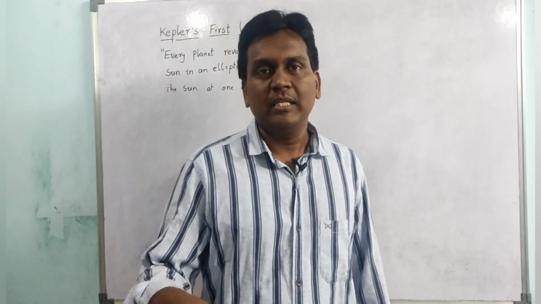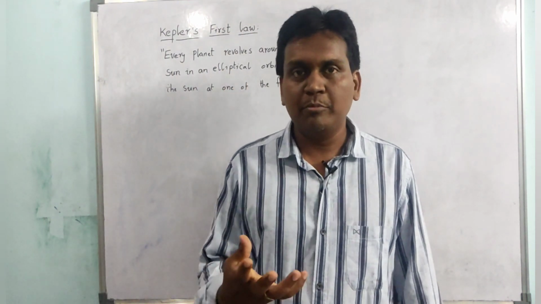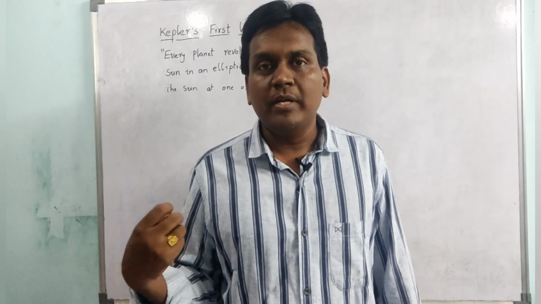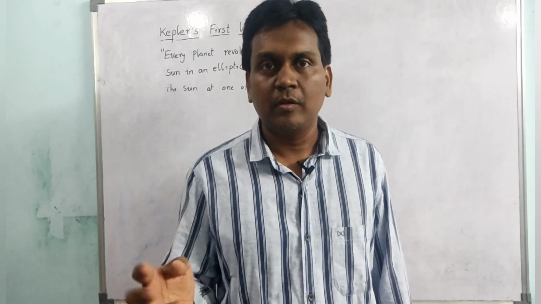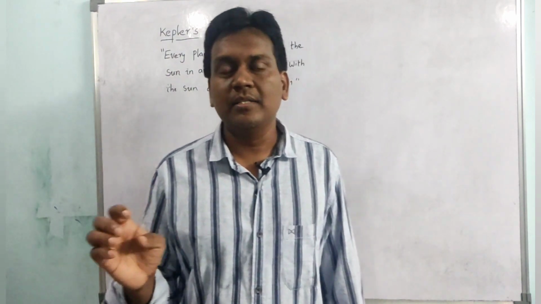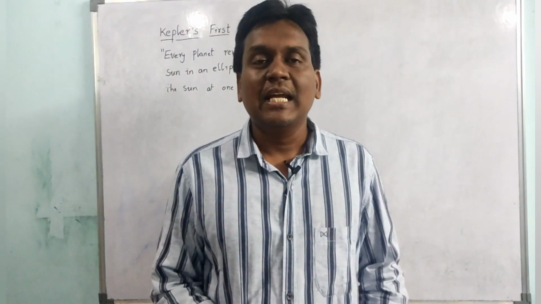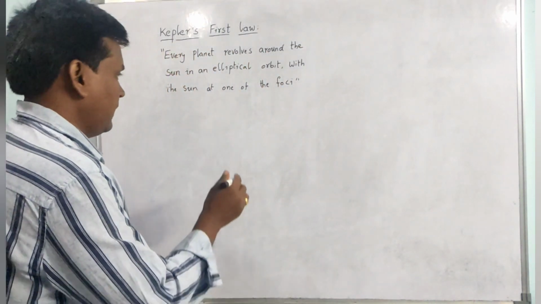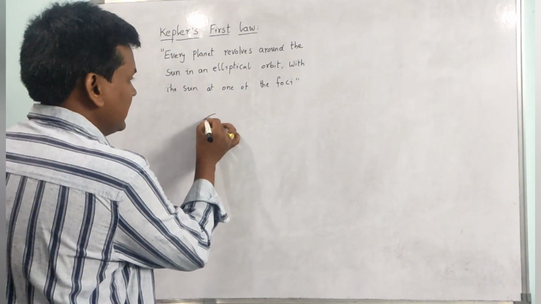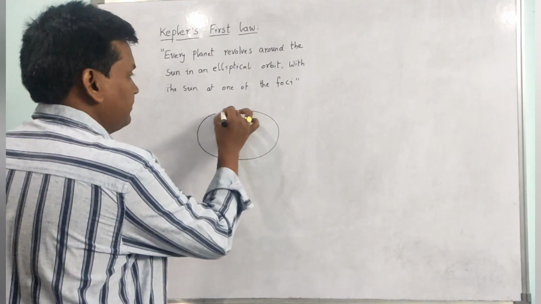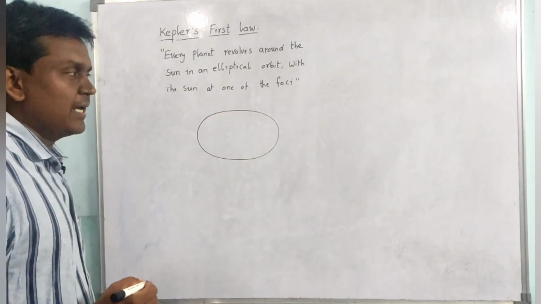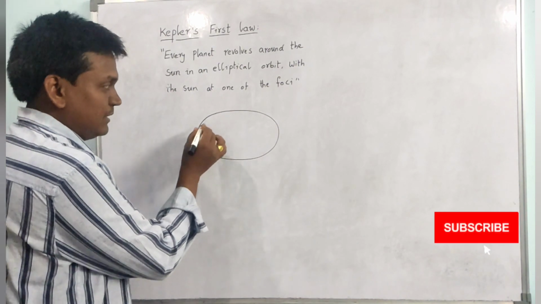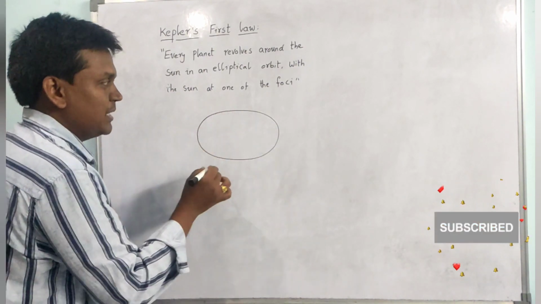In his law, he states that Earth is revolving around the sun, not in a circle, but in an elliptical orbit. Elliptical orbit means an egg shape. So Earth is revolving around the sun in an egg shape, which is called an elliptical orbit,